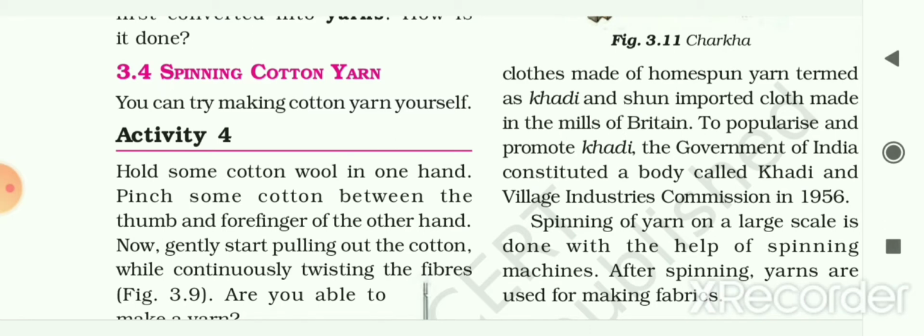Cotton and jute are examples of fibers obtained from plants. And wool and silk are the fibers which are obtained from animals. Wool is obtained from the fleece of sheep and goat, and silk is obtained from the silkworm. We had also seen that fibers are also made from chemical substances and are not obtained from plant and animal sources. And this type of fibers are known as synthetic fibers.